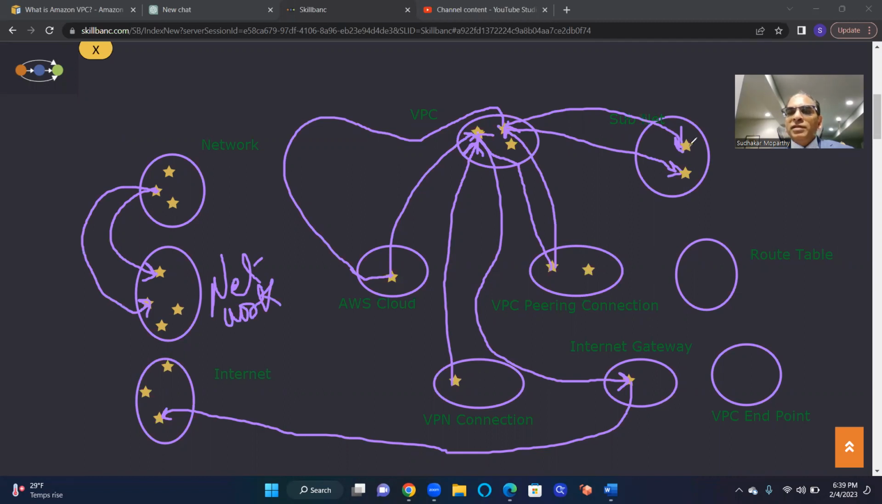Now these subnets, in this subnet we will put our resources. Resources, what are resources? Resources are nothing but machines. You can put your virtual machines in these subnets, which are part of this VPC, and this VPC has an internet gateway to connect